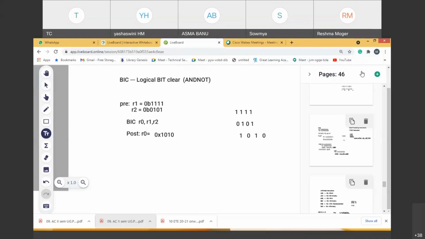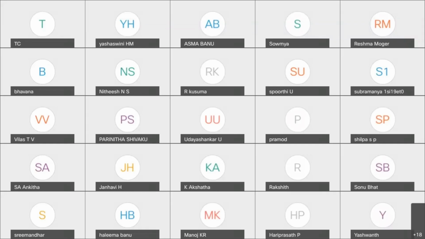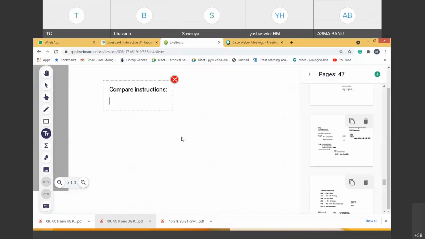Now, one more set of instructions I'll start, and I'll try to wind up. Compare instructions. Now, try to work out with compare instructions. There is a slight difference between compare instructions, logical instructions and arithmetic instructions. Compare instructions, as the name itself indicates, I'm comparing, which means I'm doing real subtraction and checking the result, but I'm discarding the result. Please understand, I am doing a real subtraction and discarding the result.